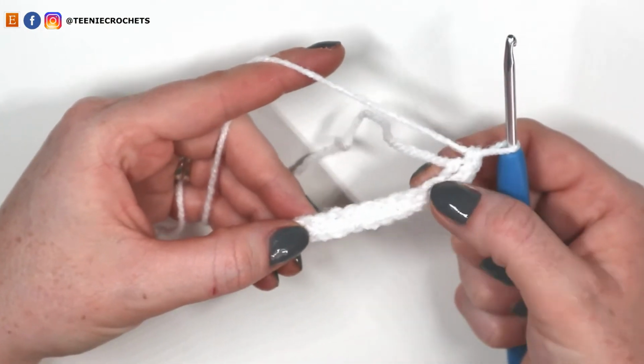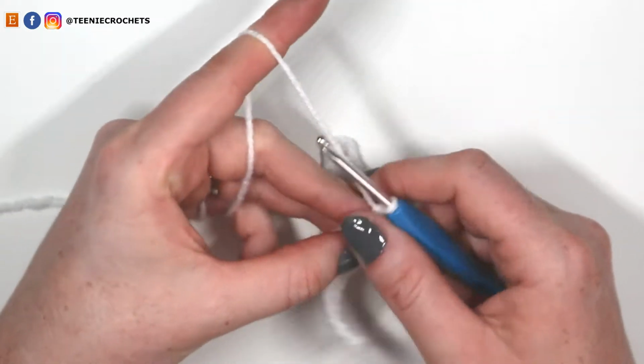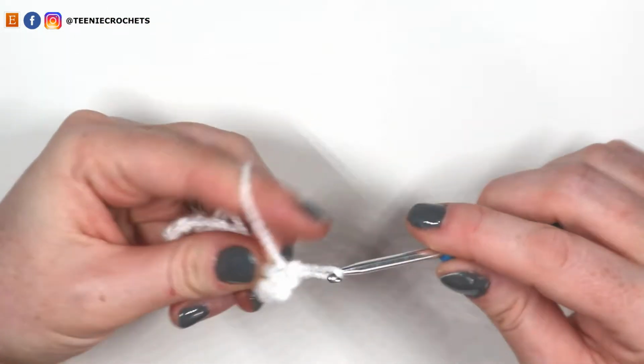in the back of the foundation chains. So we're going to be working in the opposite side of the stitches we've just made. So I'm going to single crochet into the back of 9 stitches. So 9 single crochets. 1,